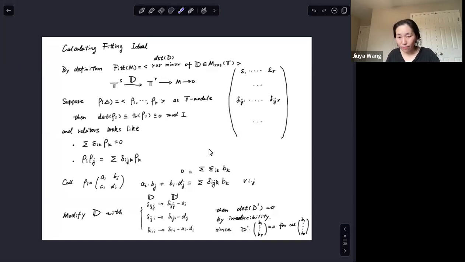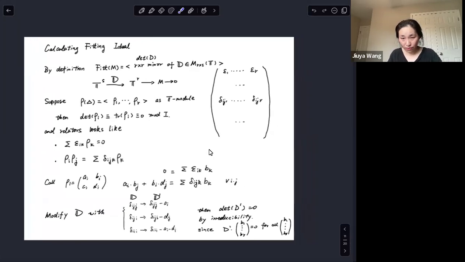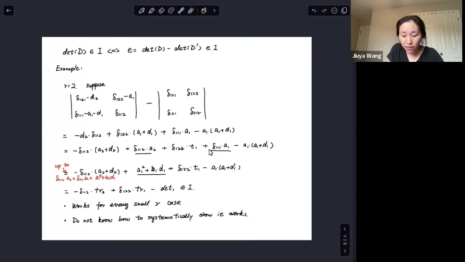we can use this to show that our interesting determinant of D is contained in I via comparison. Let's denote the error term E to be the difference of the determinant of D and the determinant of D prime. The goal is to show that the error term is contained in I, because we have seen this determinant equal to 0. And this is a very tedious computation to do by hand. So I'm going to just